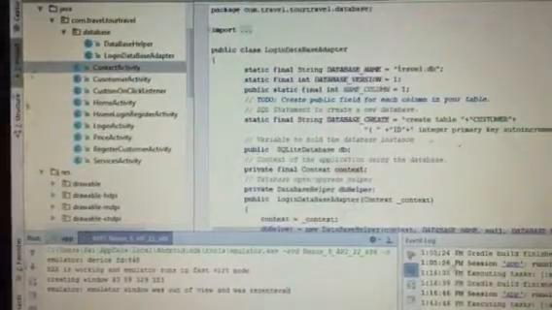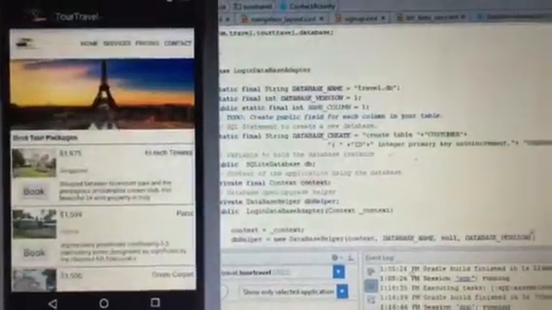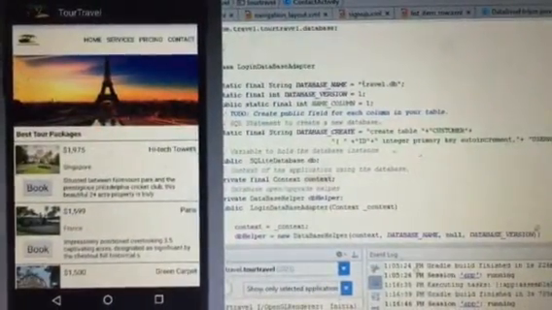Here you can see the app, and the Tour and Travel Android app is being compiled within the emulator. You can see this one here, Tour and Travel.